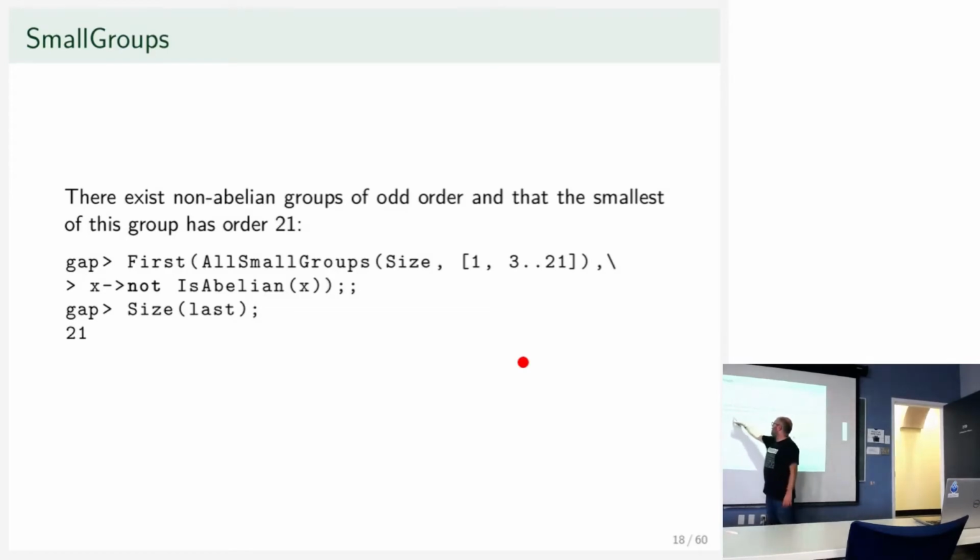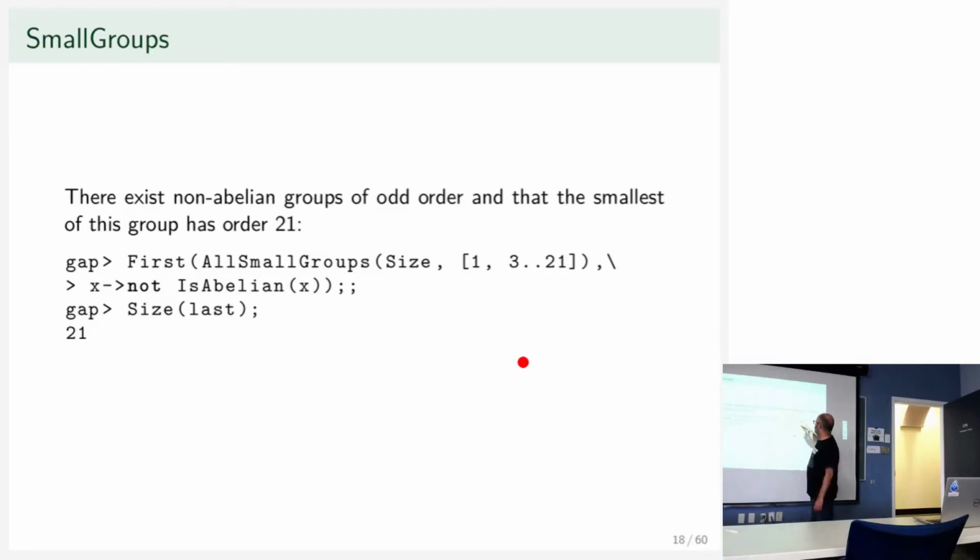I'm returning the first one in this list, and I'm just checking the size, which is 21, okay? Is it clear what I did? I'm running over the list of all groups up to size 21. Of course, you can put something bigger here or something smaller. I can put 100, but then I will stop at 21 because the smallest example is 21,